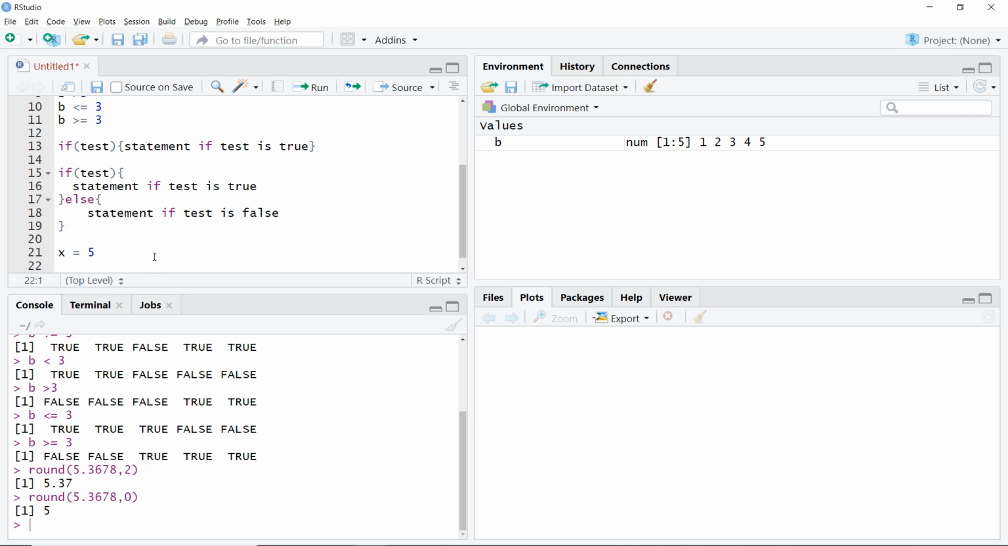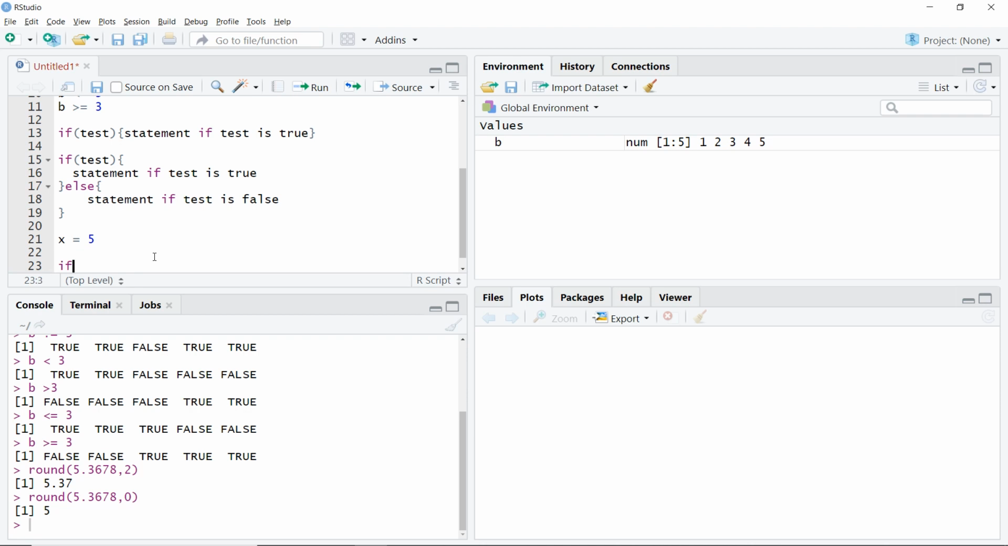So for that I'll be doing an if statement, and inside our round brackets we should have a test. So we are going to test whether it is odd or even. For that I will say my round value of x by 2 with 0 decimal points. So I am checking whether it is divisible by 2 or not. I am saying if I divide it by 2 and take 0 decimal points, if that is equal to my actual x by 2,